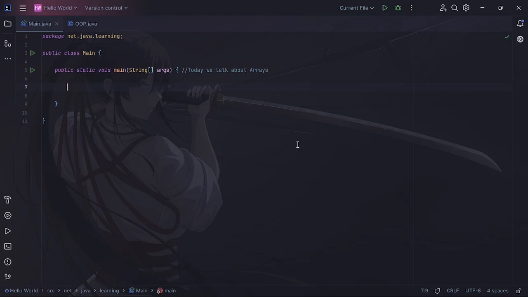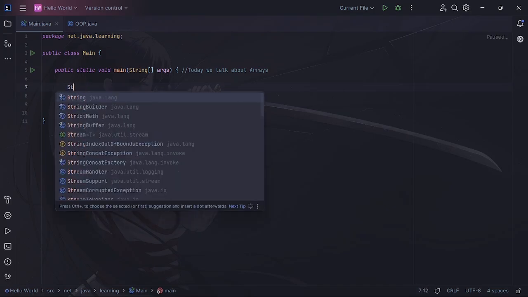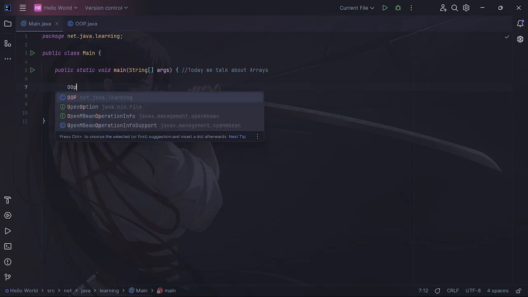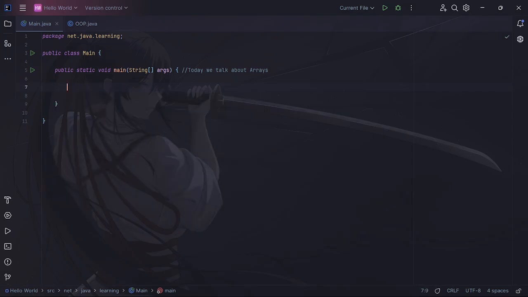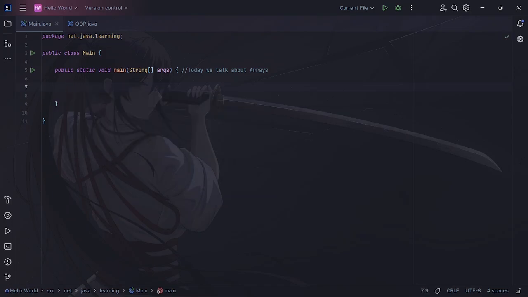So the way you create an array is by first specifying the type of data that you want it to hold. So be that integers, or maybe you want it to be characters, or maybe you want it to be strings like we have in the main method over here, or even a boolean if you want for some reason. And you're not just limited to data types, you can also have classes. So you can have an array, you can have the main class array, really just anything that you want, and it will only store objects